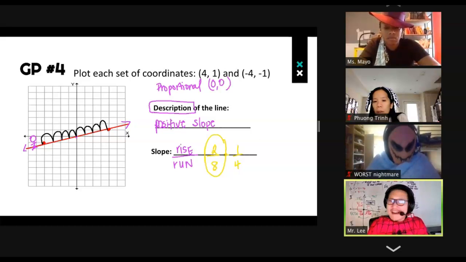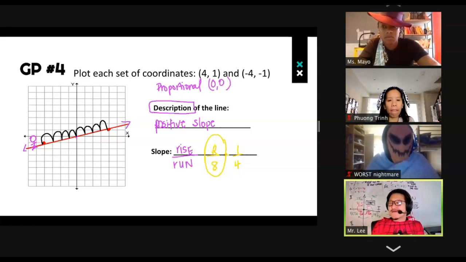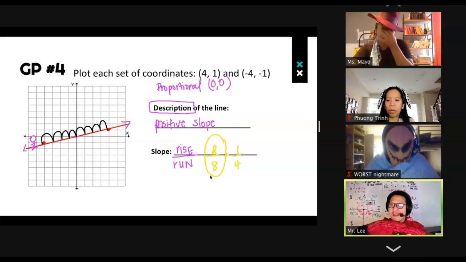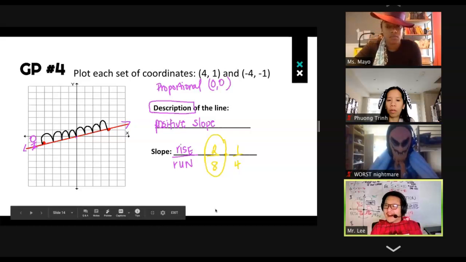All right, guys. So the answers that I've seen in my chat was I didn't do rise. You can't count when the squares are uneven squares. Guys, we're not talking about the distance on the line. We can't just count on the line. We have to make sure that we do our rise, and we have to make sure that we do our